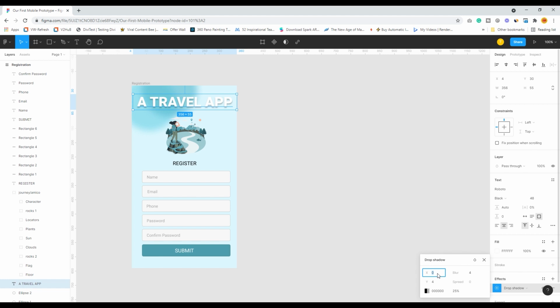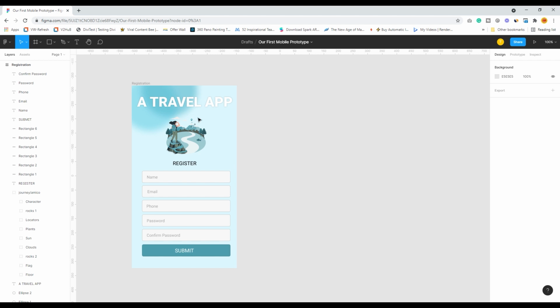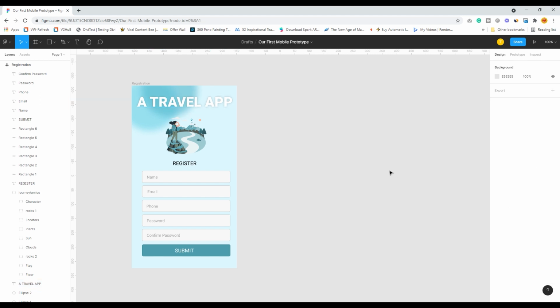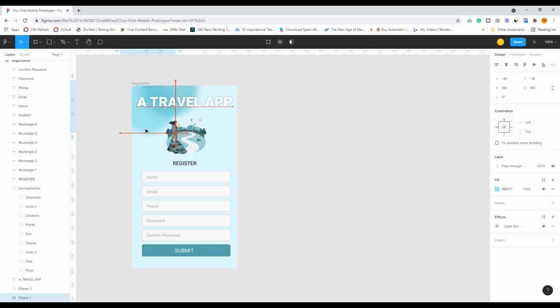So if I want it as 4 by 4, I can do that. If I want 0 and 0 just around this thing, I can do that. Maybe I will just add some level of blur. This works. So your first page is ready.